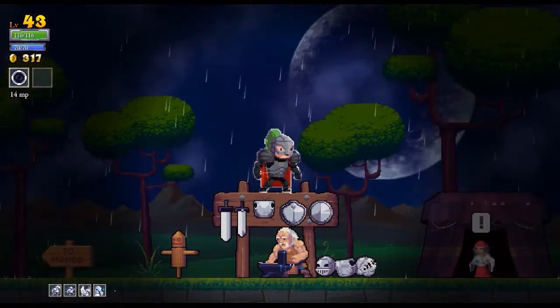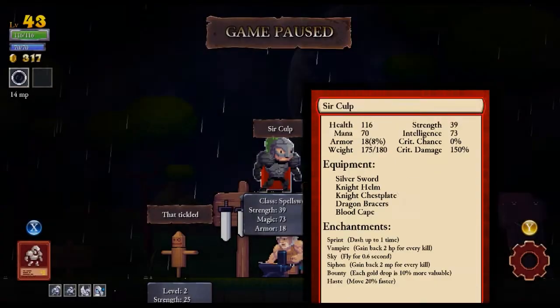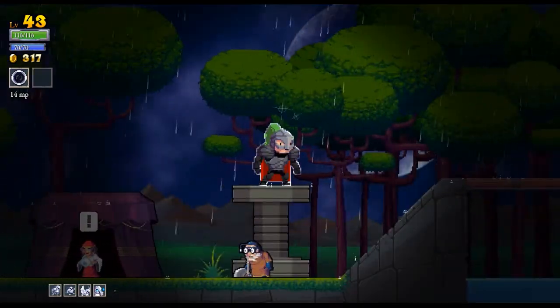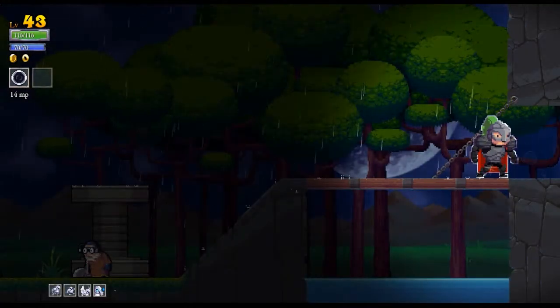I've re-equipped him. I'll go ahead and show you the stat card really quick. Basically, he has a vampire rune, a sky rune, a sprint rune, a siphon rune, and a haste rune. And so that's pretty well balanced in terms of his various power-ups. And so I think we are ready to go ahead and generate a new castle and see what we can